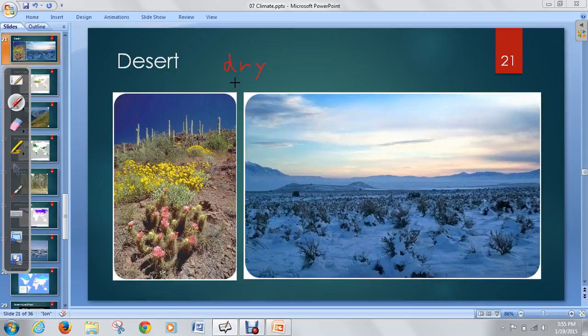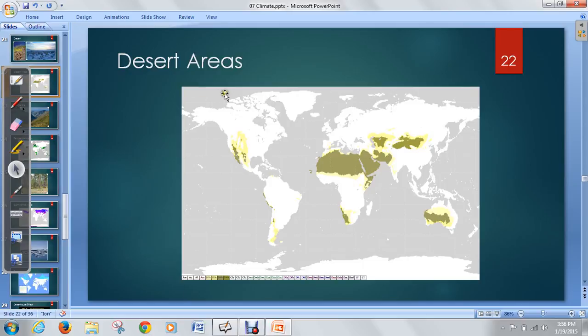So if we want to look at where the desert biome is going to be on the Earth, it's going to be areas that are very far inland. So Western Australia, Utah, Arizona, Northern Africa, the Middle East, Western China. These are all going to be very desert areas because they're usually inland. They're usually far away from a coast, and they don't see a lot of rainfall because of a mountain or something like that.